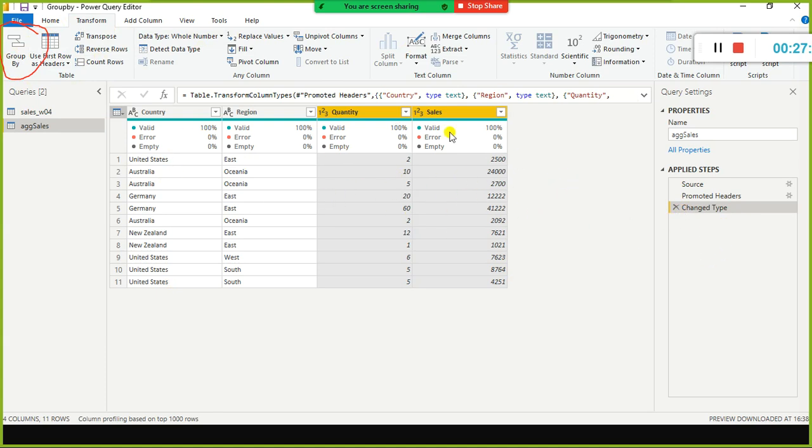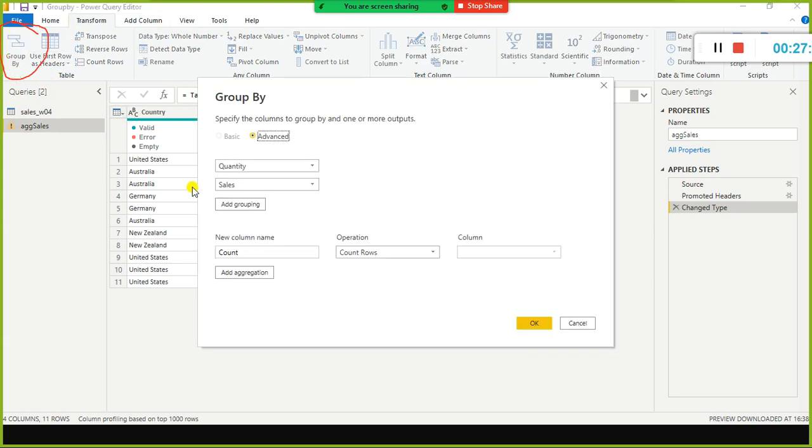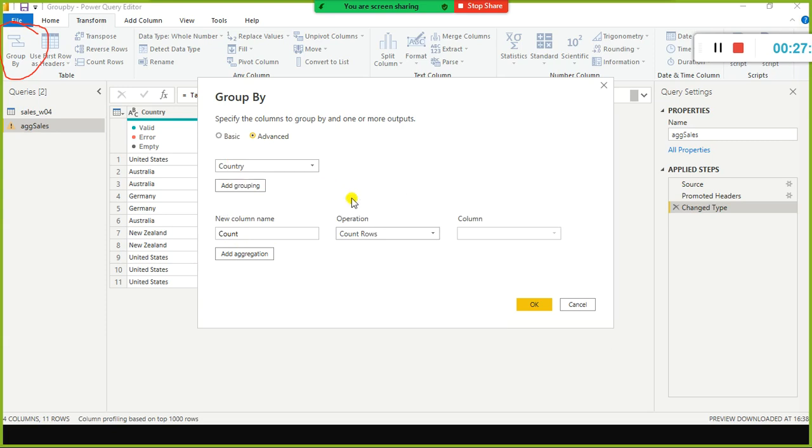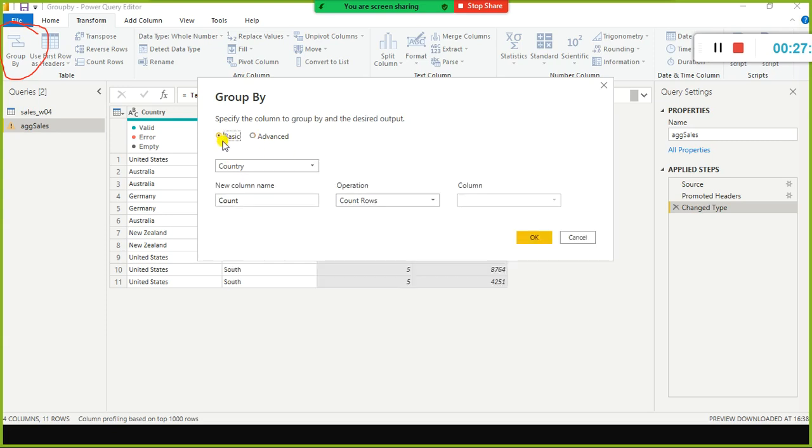So what I am going to do is use group by again. Here I just select the country. We'll start with a basic thing.